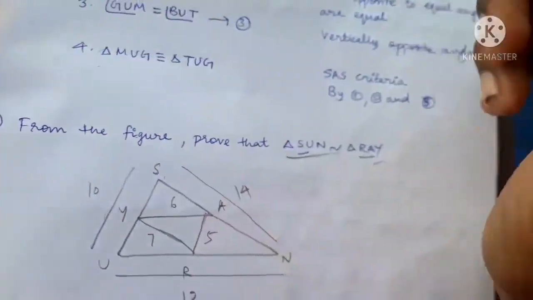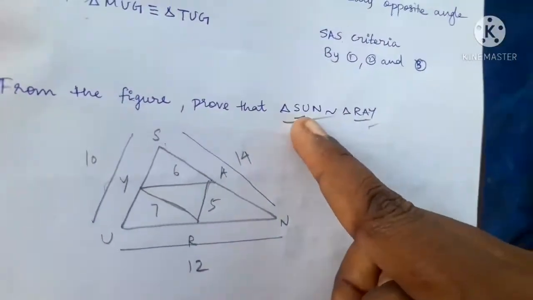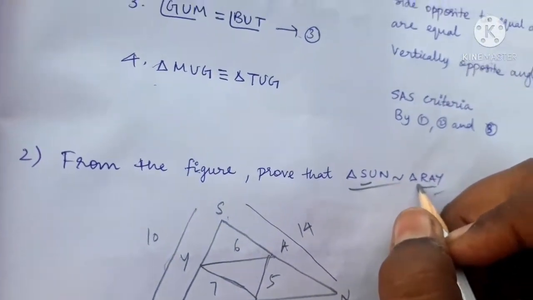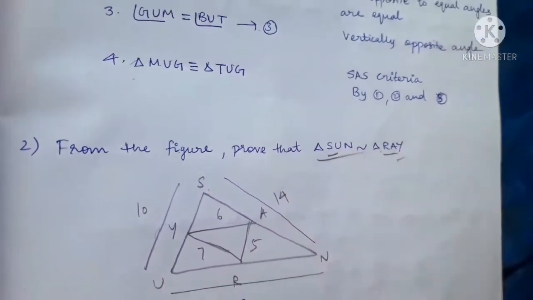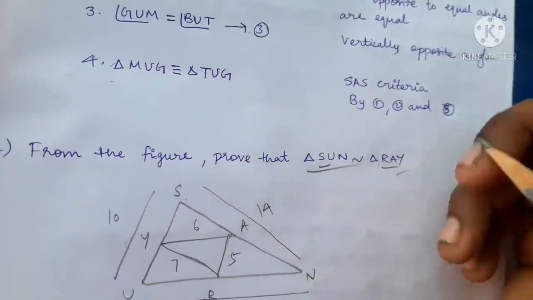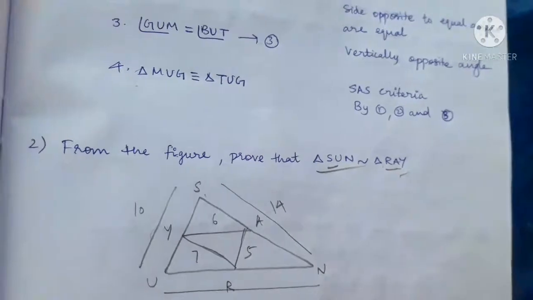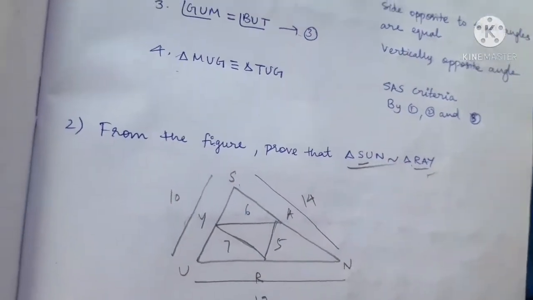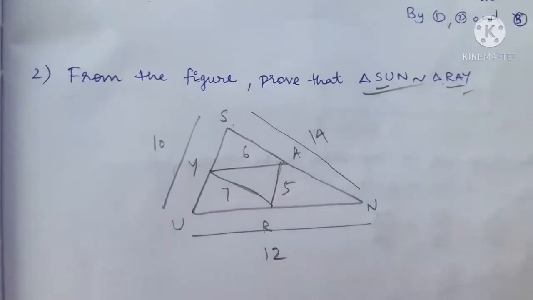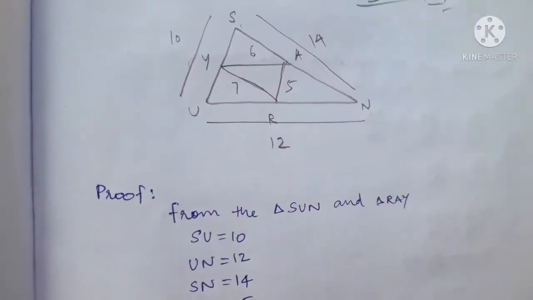that they both should not be equal. The order, the first two elements if you are taking, then here also the first two elements only you should take. You should say they both only are equal, but not SU and AY, SU and RY, not like that. Okay, order should be very important when it is given in the question itself. If you are going to frame the order, then it's not a problem.